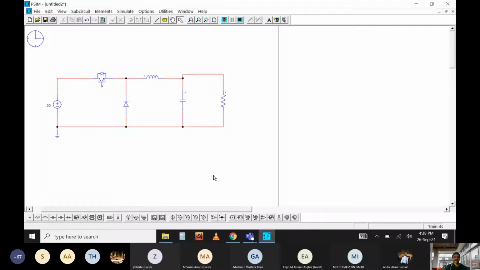And to visualize the signals, we need this oscilloscope. So what voltage and at which point are we going to do the measurement? There are several points. We can do the measurement for the input as well as the output side. This oscilloscope will show the voltage at the input side. Channel A will show the voltage at the input of the filter, and channel B will show the output voltage.